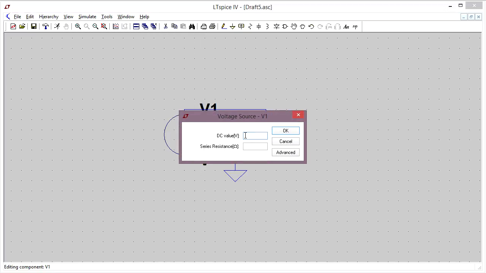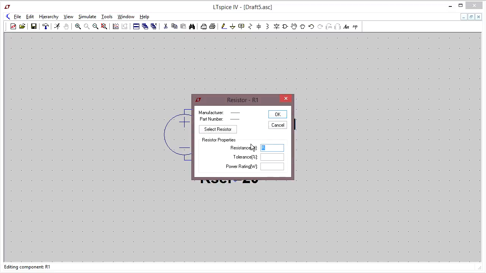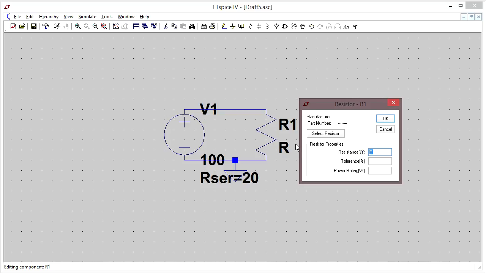Then we right click on the voltage source and we assign it the values that we have thought of in the circuit, 100 volts and 20 ohm series resistance. Now this time we want to step the resistor. So we will not assign it a specific value. Instead, we will assign it what's called a parameter that we can change procedurally. A parameter is denoted by surrounding it in curly braces, like this. So now we have a parameter called R that we can change. Hit OK,